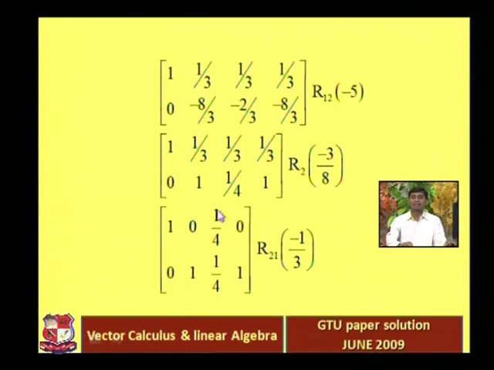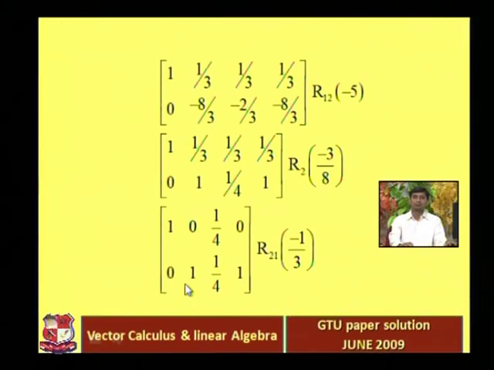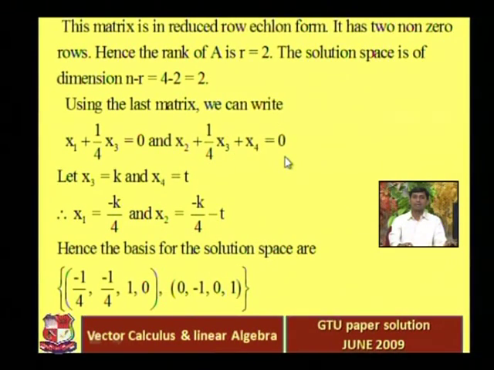Sorry, x1 plus x3 by 4, this is the third column, right? The first column is for x1, the second for x2, the third for x3, and the fourth for x4. Okay, so x1 plus x3 by 4 is equal to 0. The second row, x2 plus x3 by 4 plus x4, that is equal to 0. Okay,